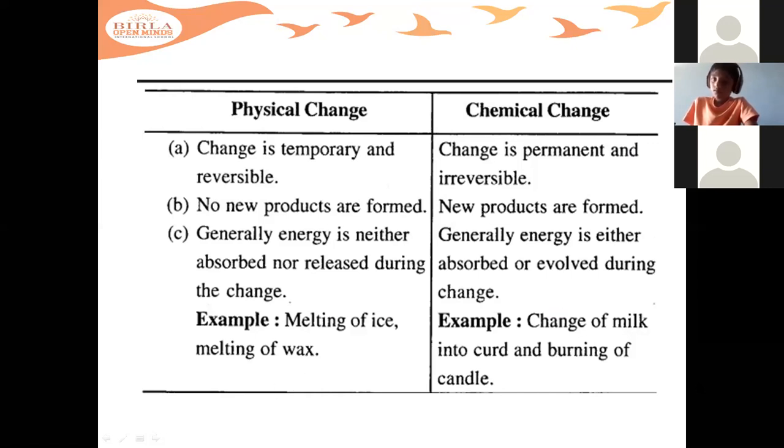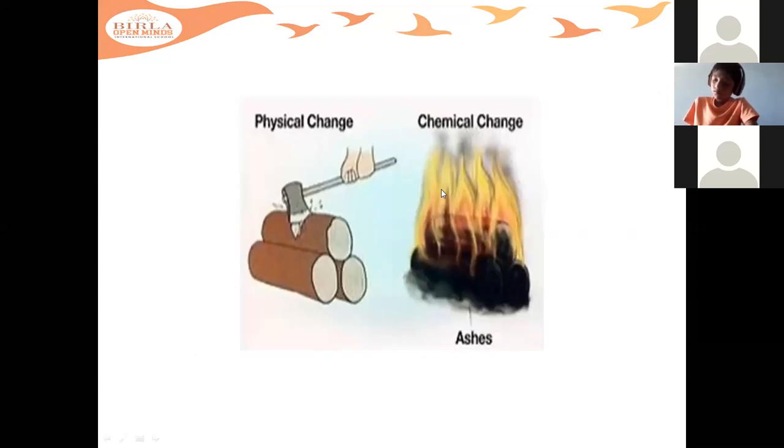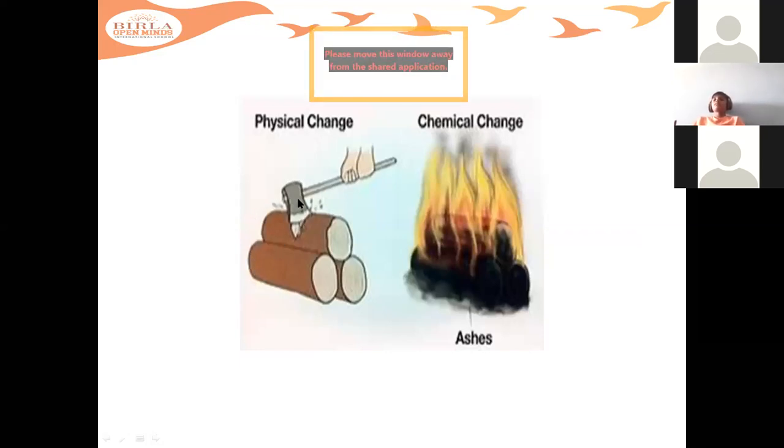So these are the physical and chemical changes, and these were a few examples. Physical changes, some are reversible and some are irreversible. So breaking of wood, cutting of wood is also an irreversible change. You cannot attach back this wood, but you can prepare different things out of it. Here, if it is burnt completely, then a chemical change takes place. It leaves out ashes and burns into fire.